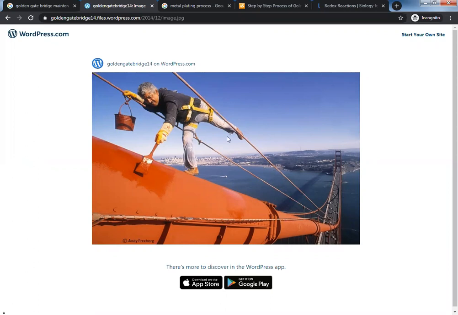You have this maintenance construction worker, I'm not sure what you refer to them, but this person is high up, a very dangerous job at high altitude, helping to maintain the Golden Gate Bridge by painting it using all kinds of chemical materials to protect this amazing structure in San Francisco from